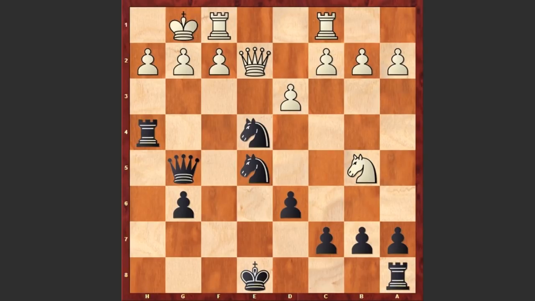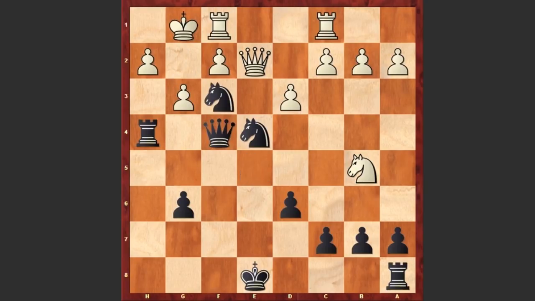And Sorensen went for this dazzling rook takes h2 sacrifice. Again, looks very impressive, but not the strongest continuation. Queen f4 is better, threatening checkmate in one. Now if g3, then black can simply play knight f3 check and white should give up his queen, otherwise white